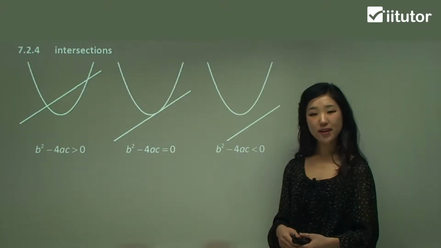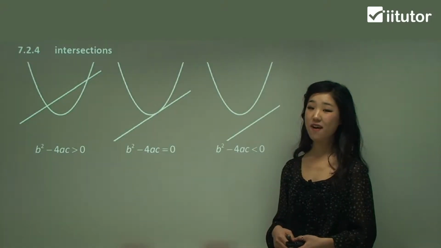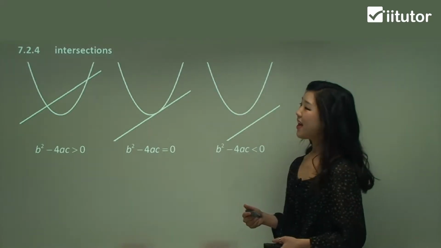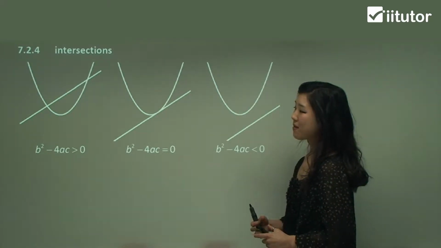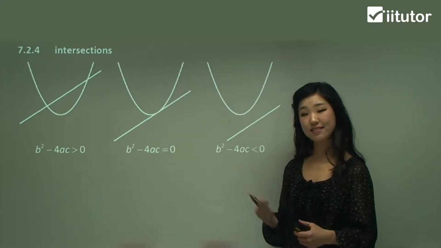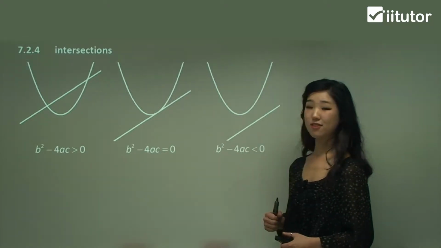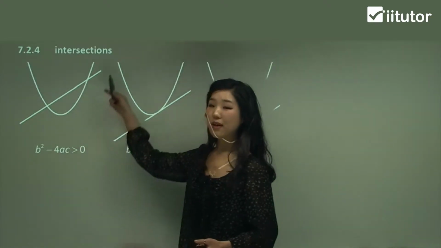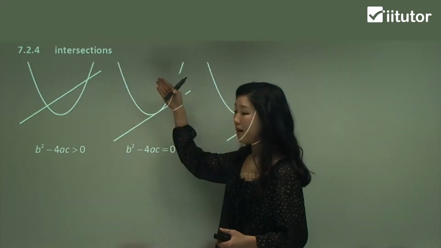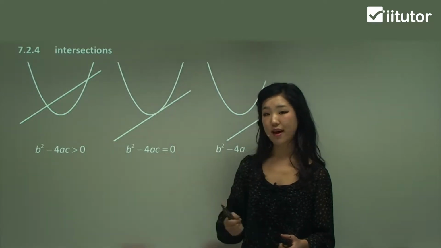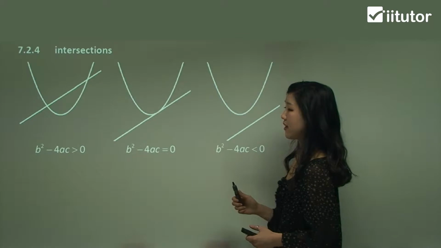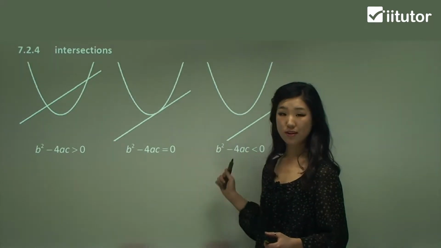Okay guys, now we're going to look at intersections, and this is the final stage of discriminant, so follow up very closely. Intersections are what I mean by two functions intersecting with each other, just like shown in these three graphs, okay? So usually we apply these when a parabola intersects with a straight line graph, okay? So I'll show you the different cases, so watch carefully and make sure you remember all those three different cases,